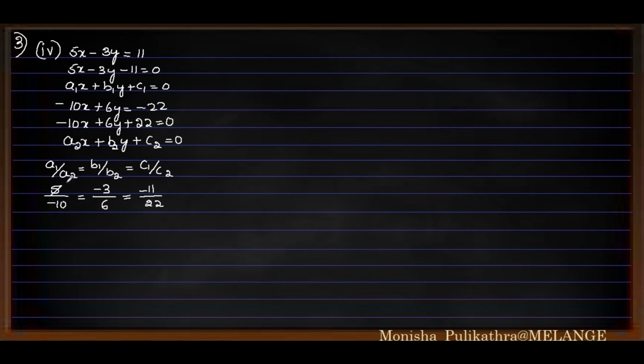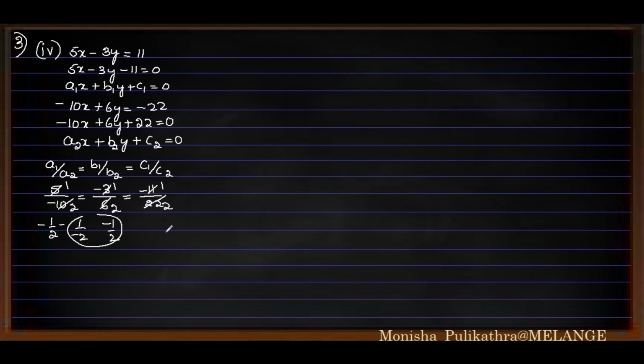Okay, here 5 ones are 5, twos are, 3 ones are 3, twos are, 11 ones are 11, twos are. One thing you have to keep in mind, if it has 5 by minus 10 or minus 3 by 10 or minus 11 by 10, it will be all together minus 1 by 2 itself. It is not like 1 by minus 2 or minus 1 by 2. So 1 by minus 2 and minus 1 by 2 is all together equal to minus 1 by 2 itself.